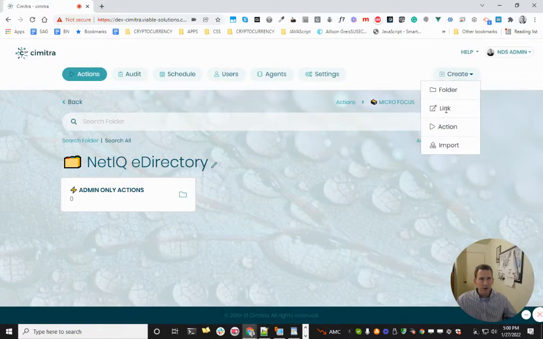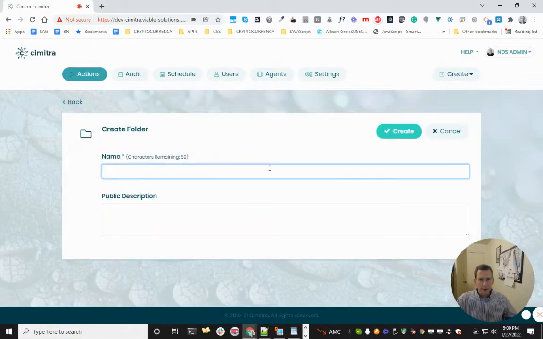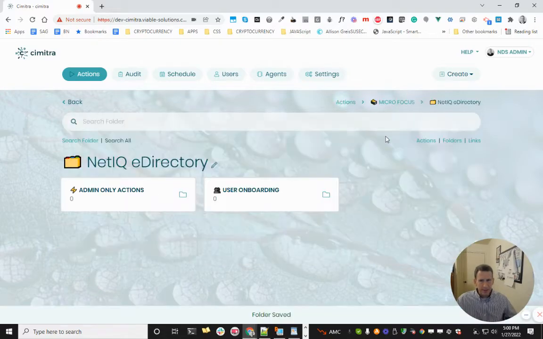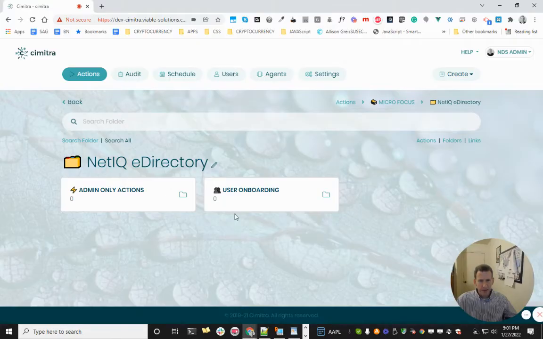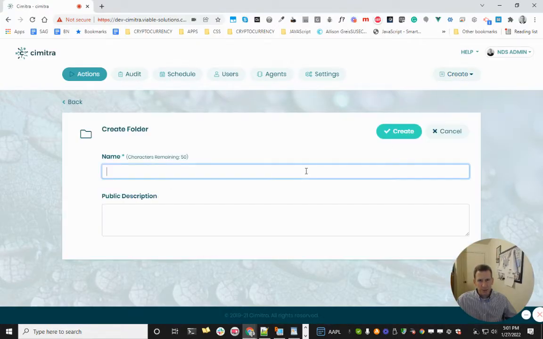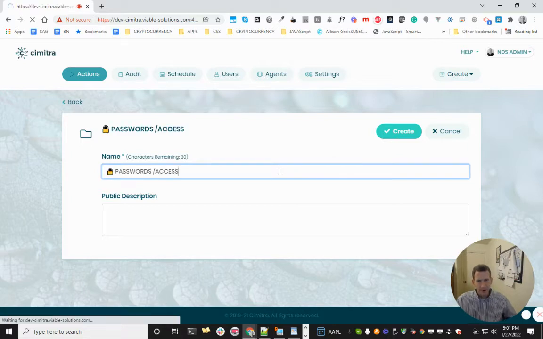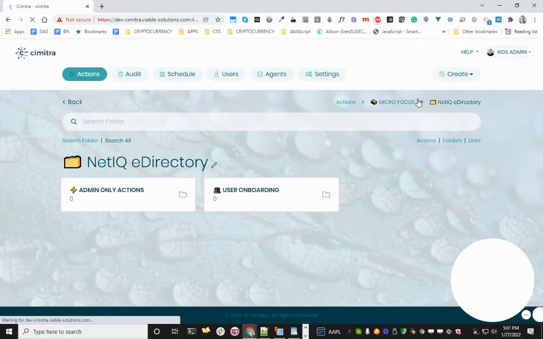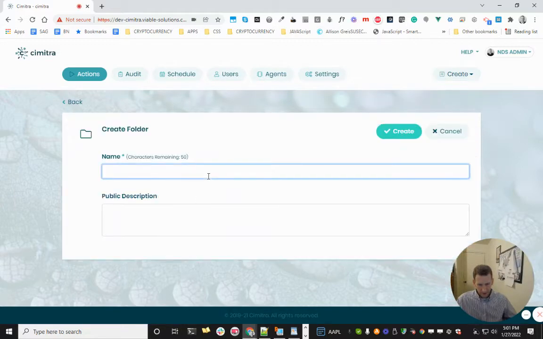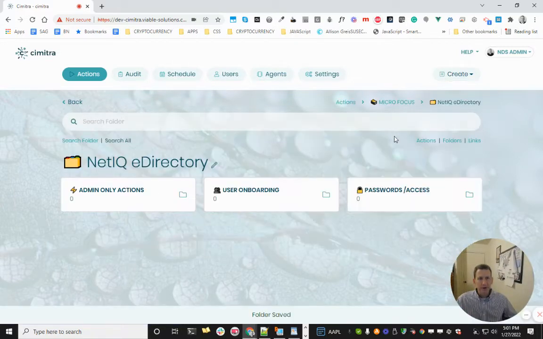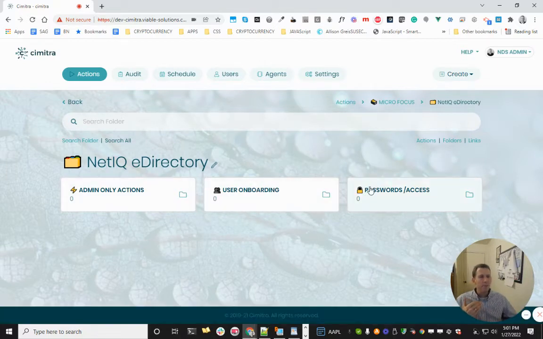So create a folder, user onboarding, and finally this passwords and access folder. All right, and so we do that, create folder, passwords and access. Fantastic. I hit the wrong button. Create folder. Let's try it again. There we go. Okay, so these are 3 different folders, and we're now going to import into these folders Cimitra